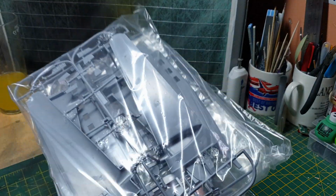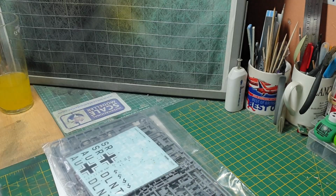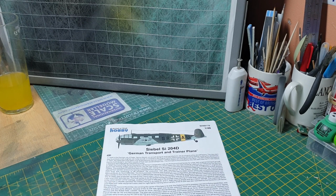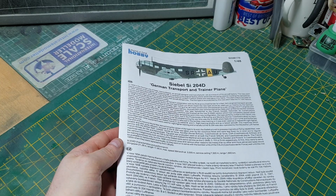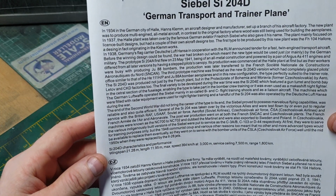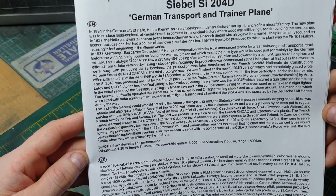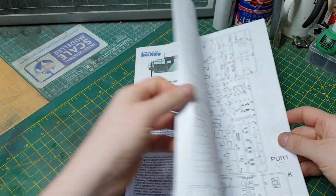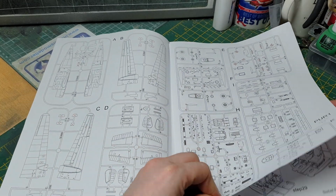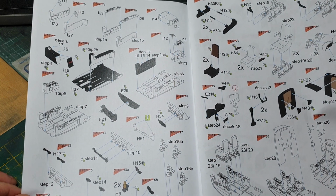Second bag with fuselage and wings. And your glasses in another bag, but inside. This is all about the Siebel. I believe that's how you pronounce it. The English one is up the top, so if you wish to read it, pause the video. You get the first 2 pages, all your sprues,